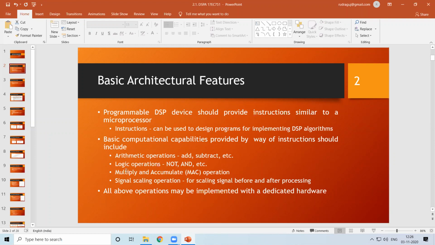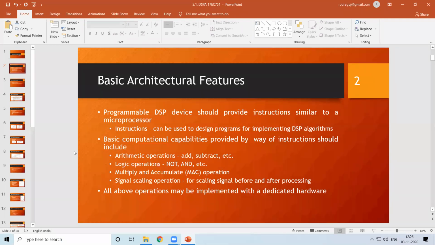Then we'll see that further there is a requirement for structures such as the barrel shifter and other steps, which take care of shifting operations at a much faster rate. For example, within one cycle, I want to obtain the shifting. That can be done with the help of the barrel shifter, whereas those kind of shifters are not present in your regular microprocessors. The shifting operation is done in your regular form.